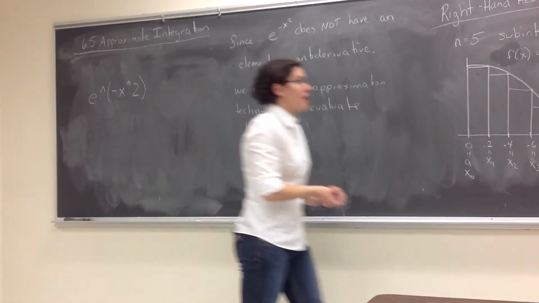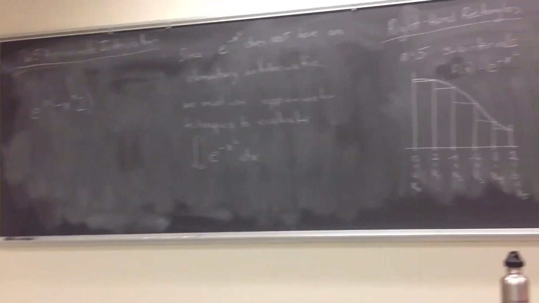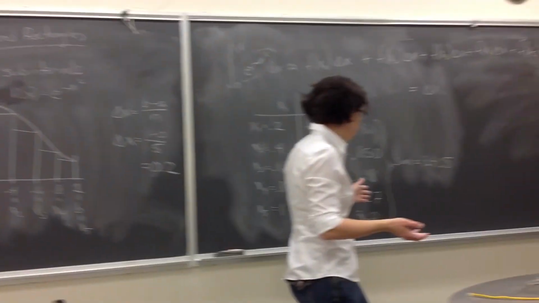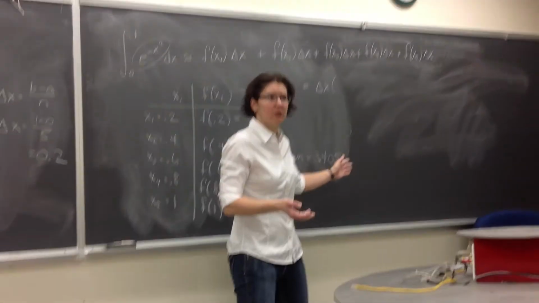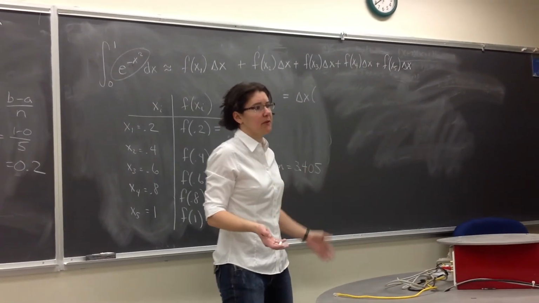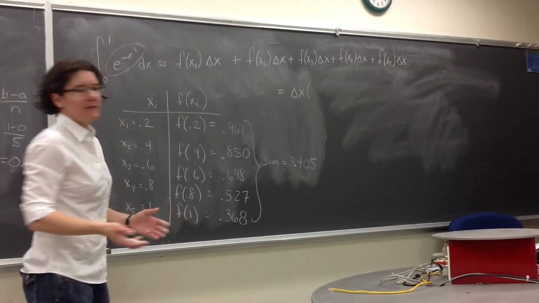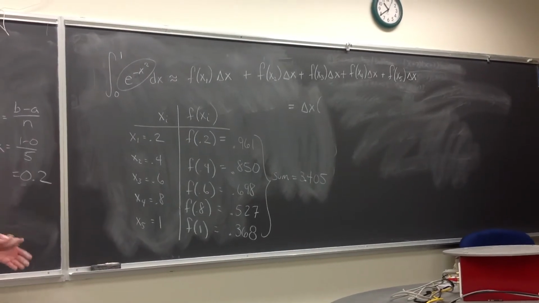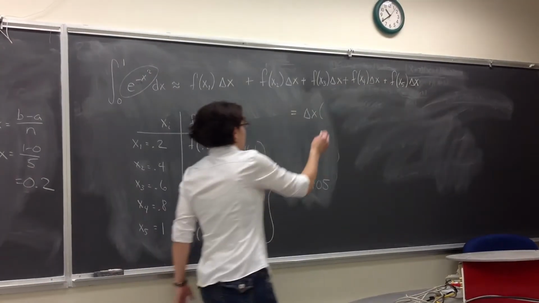Depends on your calculator. Okay, so 3.405 or 3.404. Look at that. It rounded up. Okay, so it rounds up to 05 or 04. That's not really crucial here. Okay, so this is our sum. So we have delta x times